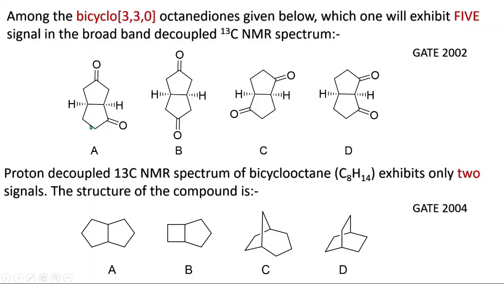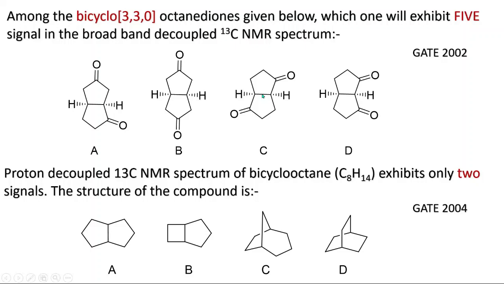So we will have 8 signals in 13C NMR because there is no plane of symmetry in this molecule. Now if you see this molecule, there is a plane of symmetry like this and like this. So we will have 1, 2, 3 carbon NMR signals in the 13C NMR spectrum. If you pass an axis through the center and rotate the molecule 180 degrees perpendicular to the plane, we will pass an axis and rotate the molecule.